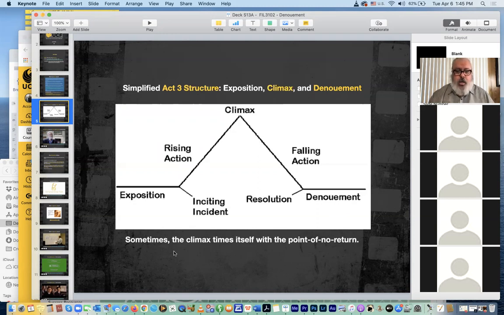It's a nice quick thing to take a look at, so we get a sense on the map of where we're at this point. So we're pretty much here, right? And this lies before us, the resolution, and we are falling from the climax to the point where we get the denouement. So if this was the Lord of the Rings, for instance, the climax would be what?